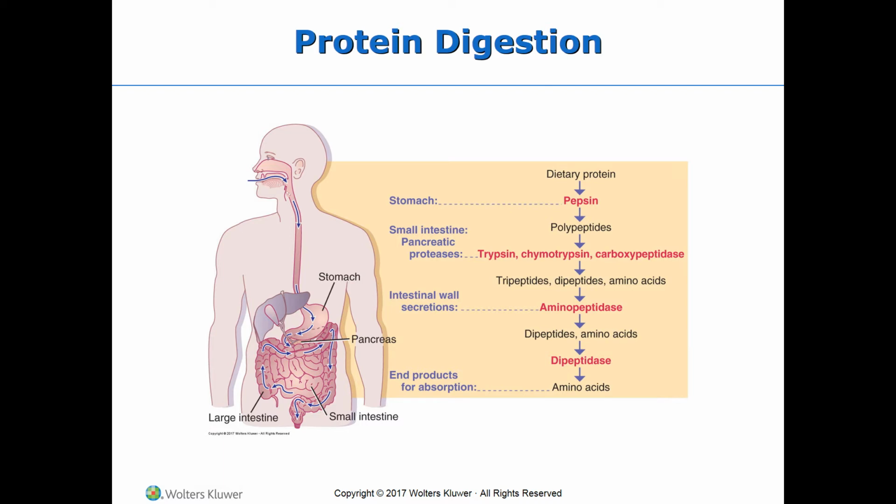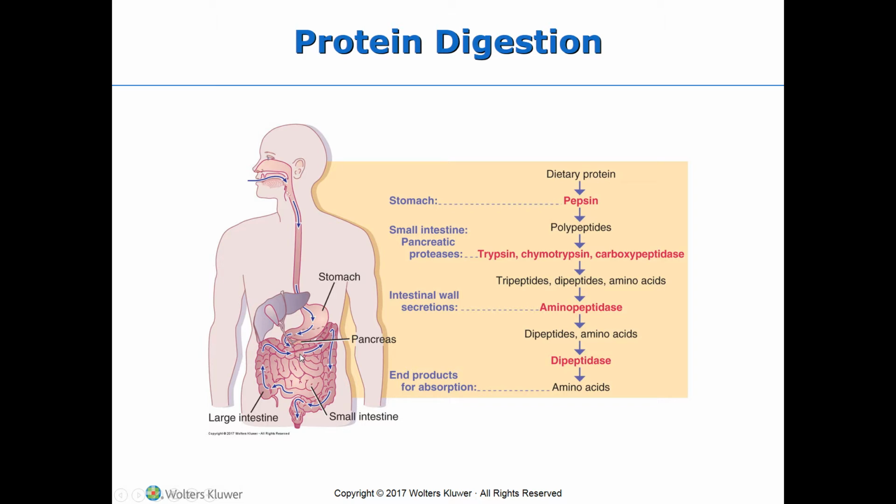Now, when we ingest our proteins, we start digesting them in the stomach through pepsin, which is an enzyme produced in the stomach, and we convert these proteins into polypeptides. Then these polypeptides will be transferred with the chyme into the duodenum, and in the duodenum we have the emptying of the pancreatic proteases through the ampulla of Vater, or the sphincter of Oddi,